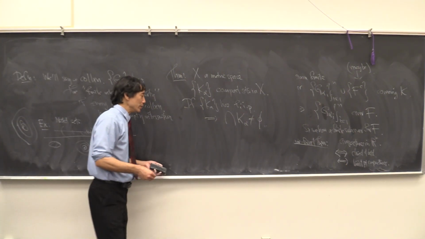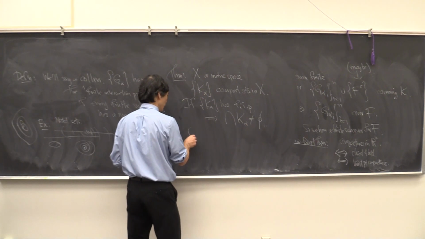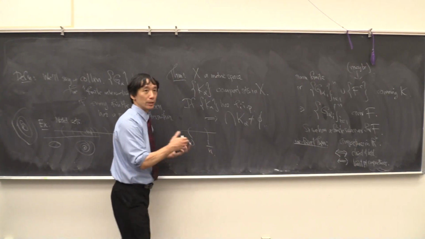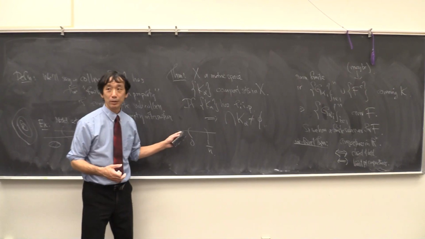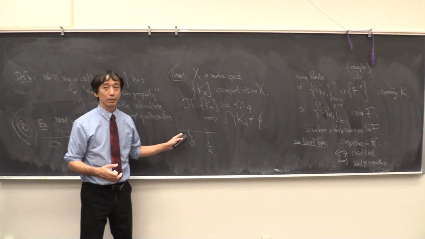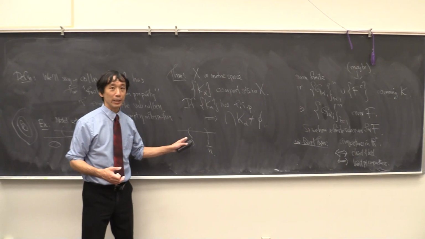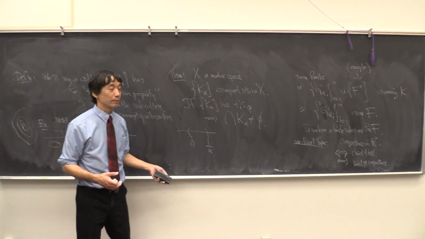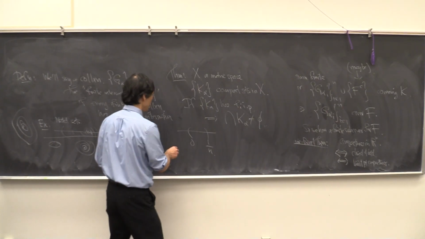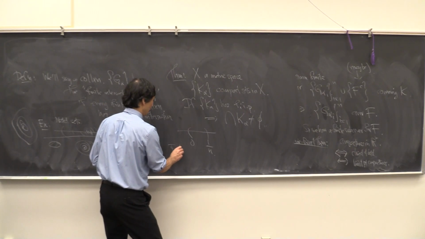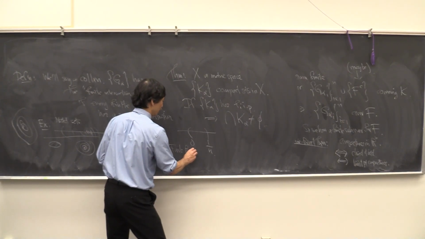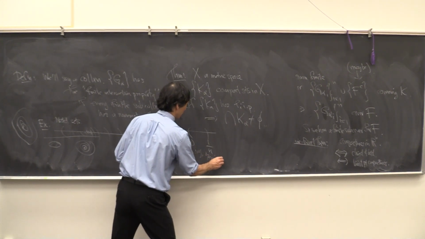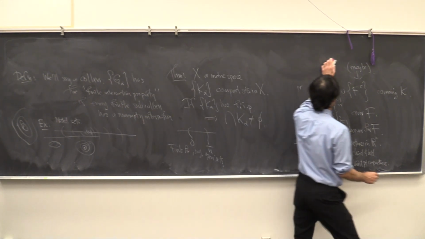Right? That's not true for open sets. If I take the intervals from 0 to 1 over n, and I intersect all of those, there's nobody in the intersection. Even though they satisfy the finite intersection property, when I intersect all of them, it's empty. So it fails for, say, open sets. Okay.